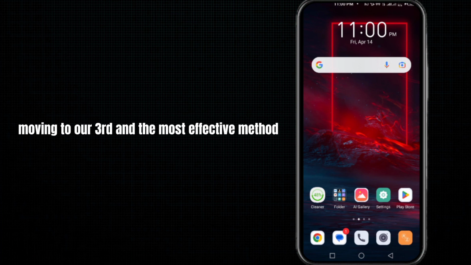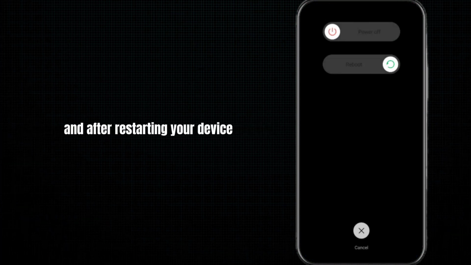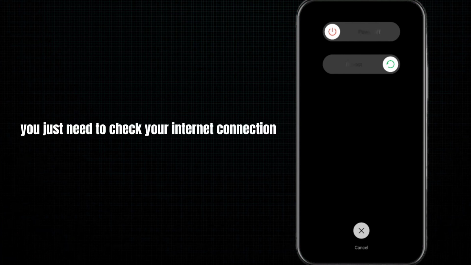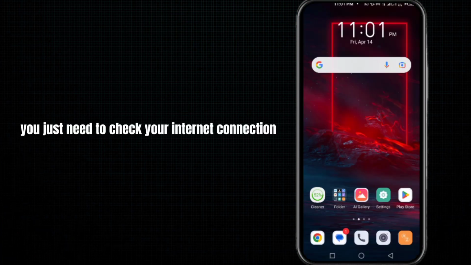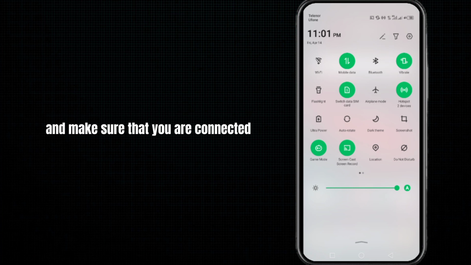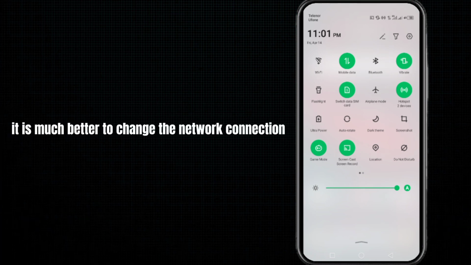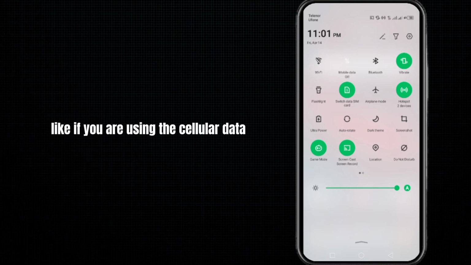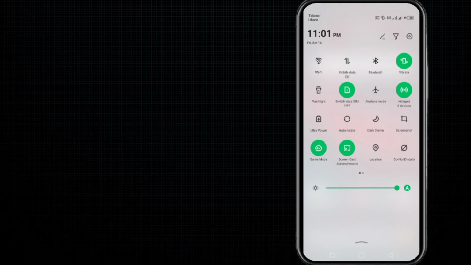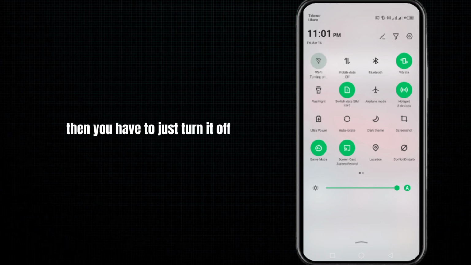Moving to our third and most effective method, you just need to restart your device one time, and after restarting your device, you just need to check your internet connection and make sure that you are connected with a stable internet connection. It is much better to change the network connection if available. Like if you are using cellular data, then you just need to turn it to Wi-Fi, and if you are using Wi-Fi, then you have to just turn it off and then turn it to your mobile